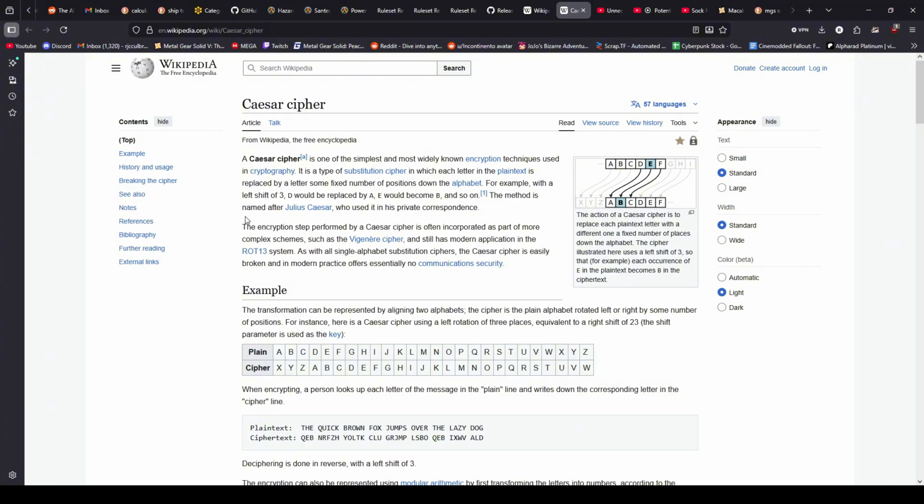The method is named after Julius Caesar, who used it in his private correspondence. The encryption step performed by a Caesar cipher is often incorporated as part of a more complex scheme, such as the